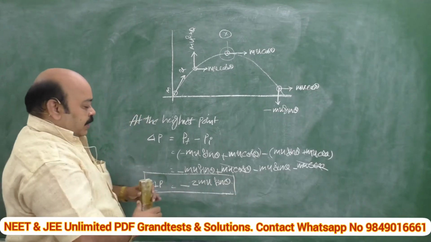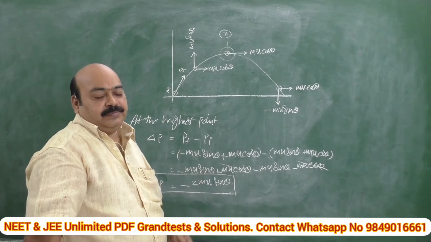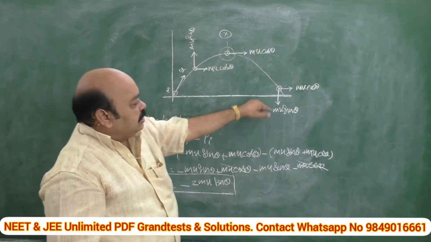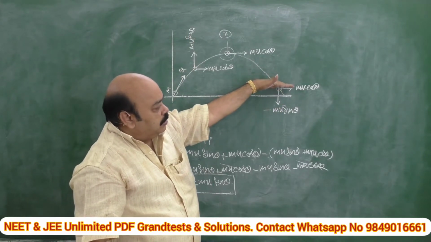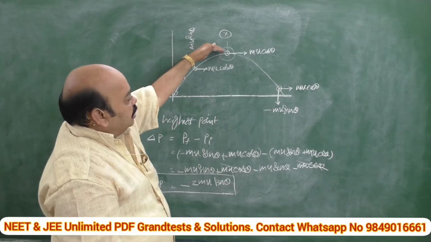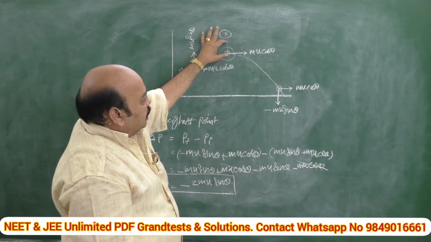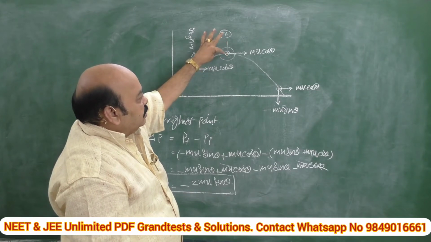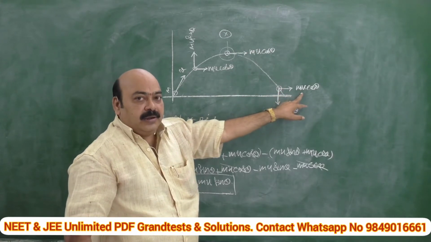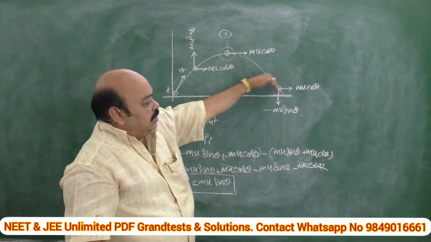That means, as usual, this negative sign indicates that the final momentum is opposite to the initial. What is the initial? Initial is vertically up, the vertical component. Finally, it is downwards. Observe, while resolving the momentum into two rectangular components, here the arrow mark is upwards because it is ascending. After this, what happened? Its vertical component of velocity, hence momentum, becomes 0, whereas its horizontal velocity continues the same till now. Here also it has mu cos theta, the horizontal component is the same, but the vertical component of velocity gets reversed. See, here it is vertically upwards, here it is vertically downwards.